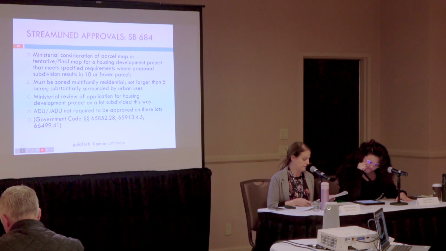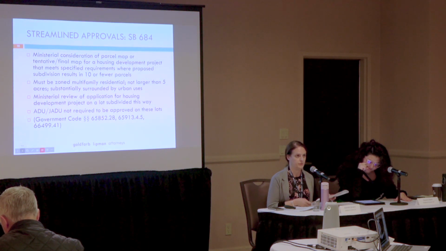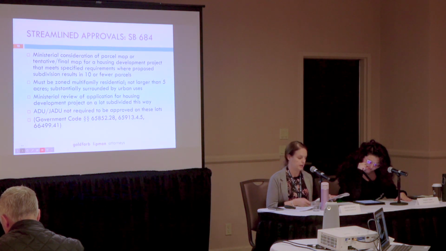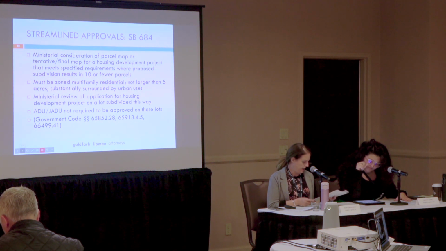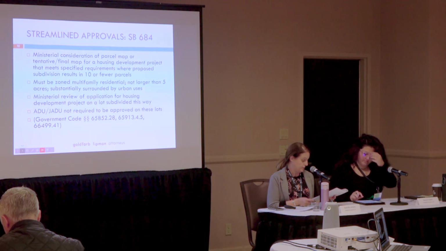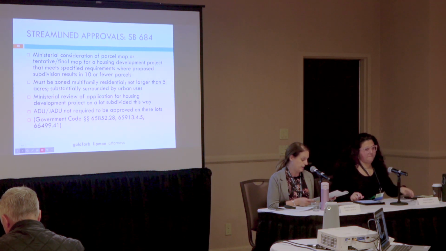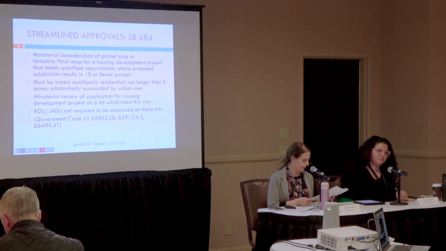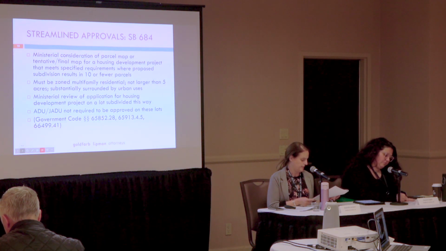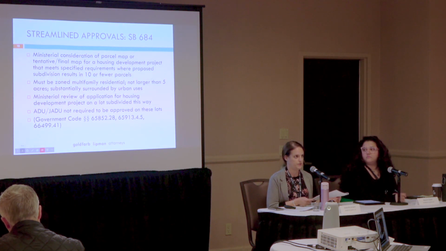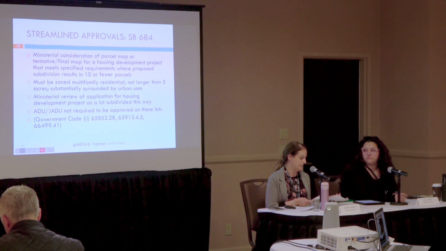The project can meet the densities that are provided under the housing element law, which is what I discussed a little bit earlier about the 10 dwelling units per acre, 15, 20, 30, depending on the jurisdiction. Separation between the units cannot be required except as in the California Building Code. The city or county cannot require enclosed or covered parking. So there's a whole bunch of requirements that go along with these projects, but the takeaway is you get to have